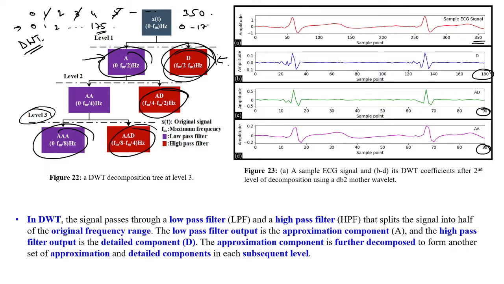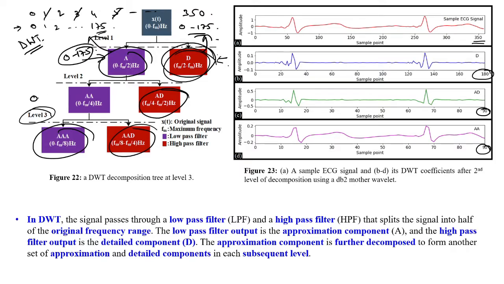Okay, 0 to 175, for A and D. Now if you combine these two, your total sample length will again be 350. So here you will have 0 to 175 sample length. If you break this down again, 175 divided by 2, let's take it as 174 for an easier perspective. So we have it,